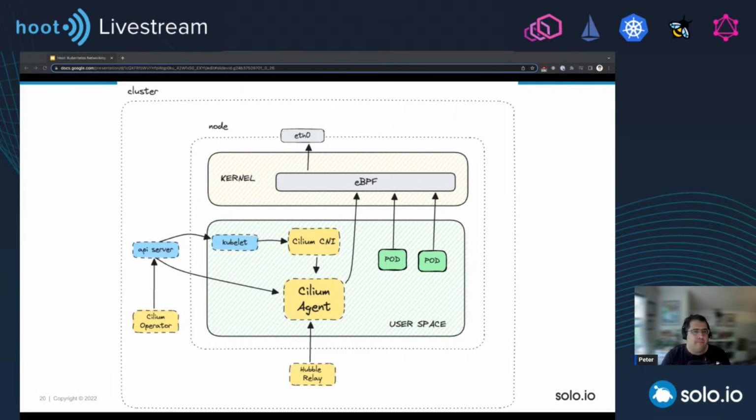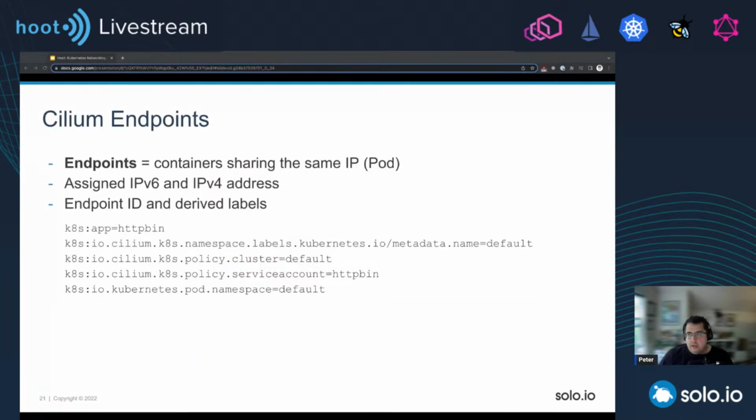The CNI plugin basically installs the CNI onto the host, configures the node CNI to use the plugin, and then talks to the Cilium agent using a socket. Hubble relay provides cluster-wide observability; it connects to the gRPC service that each Cilium agent provides. And then the operator just does cluster-wide one-time operations of installing things.